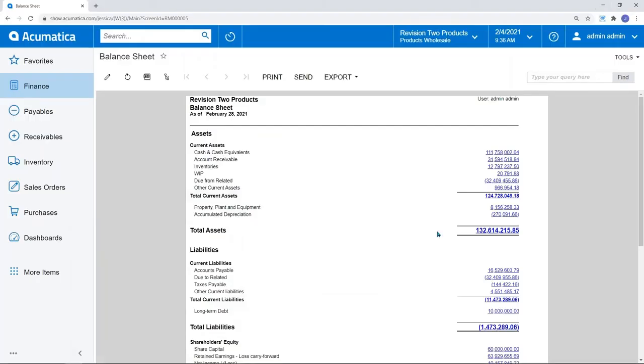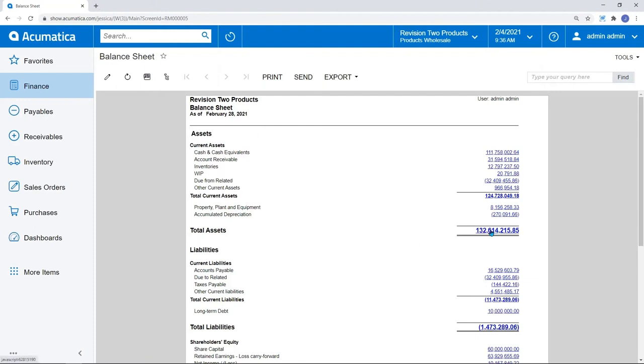You're going to be able to export almost every screen and report that exists in Acumatica. I'll show you a few more examples of that today. So then you can continue to do your reporting in that Excel worksheet if you would prefer to manipulate the data there. But you can also do some of this inside of Acumatica. So here's my balance sheet.